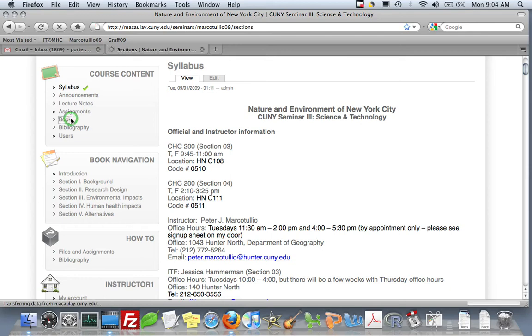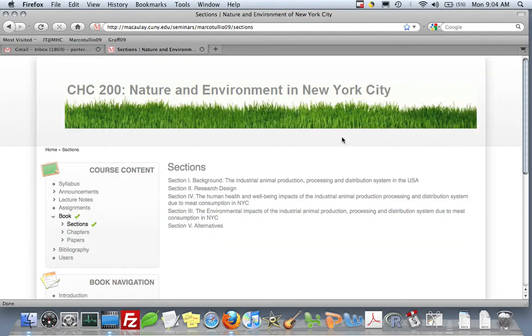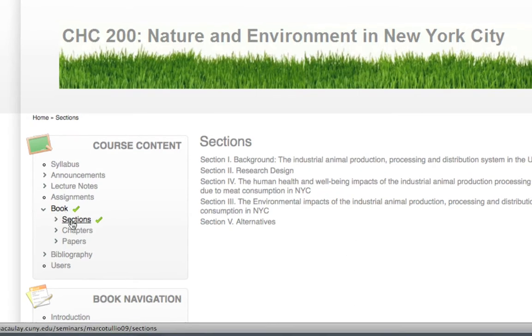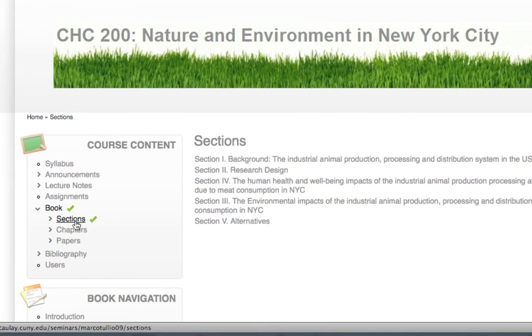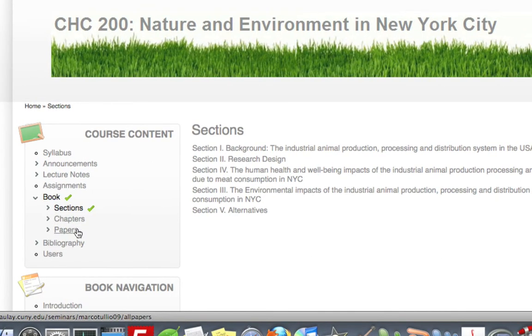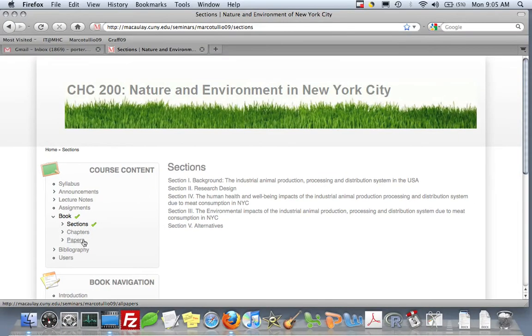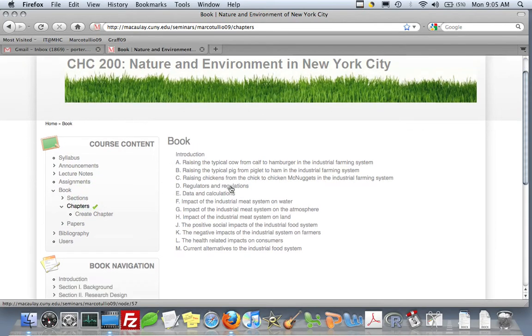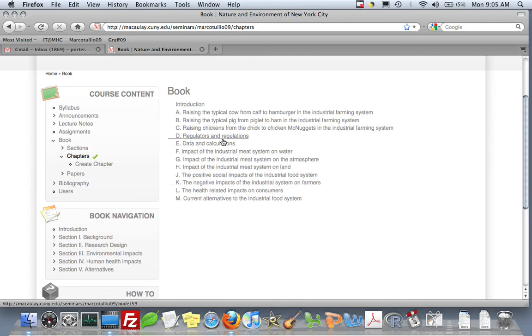The first thing is under this book section, in your course content. This lets you manage all of the different sections of the book, or all of the different parts of the book, I should say. So it has the sections, which are the topmost level, the chapters, which is the level underneath that, and the papers, which is the level underneath that. And it just gives a straight list of each one of them. So if you click on chapters, it'll have the list of chapters, and you can go into any of these